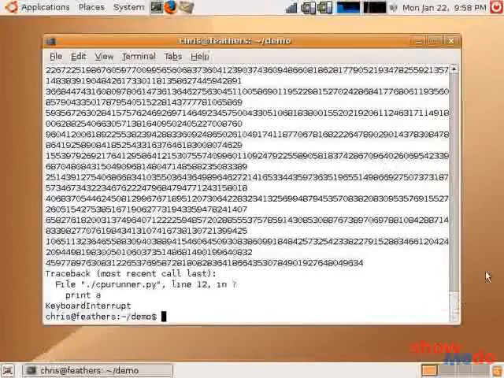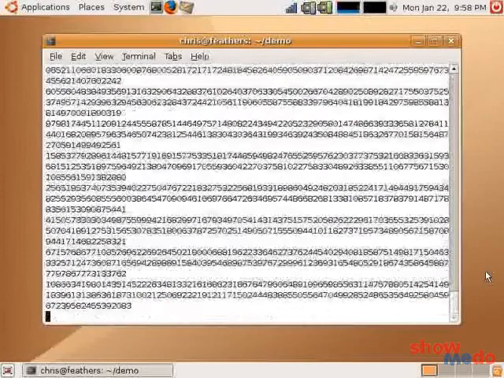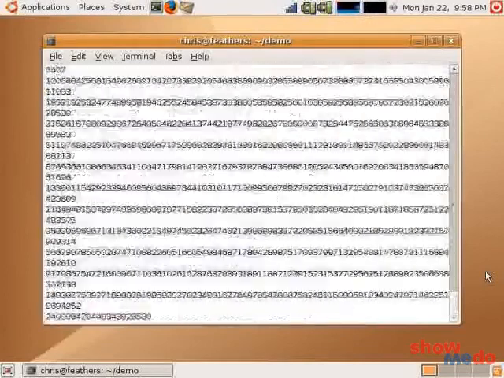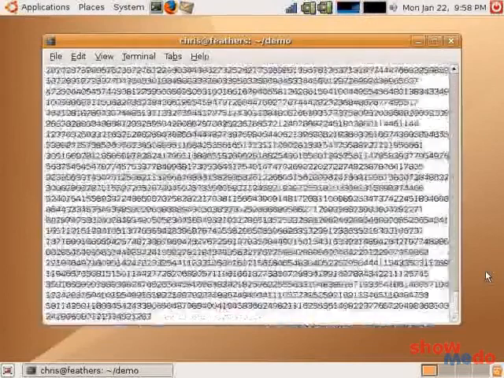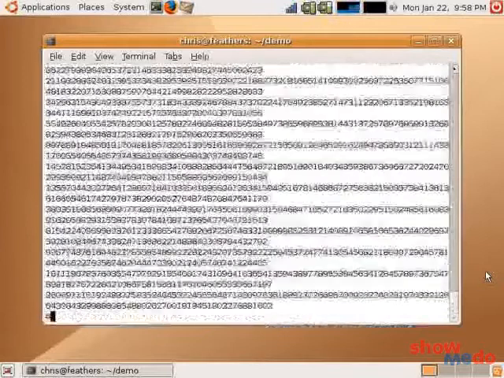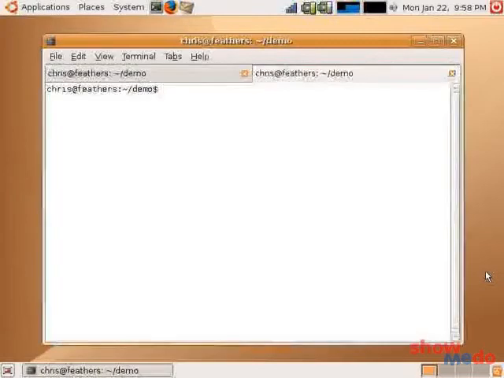There's another way to control runaway processes on your system, and that's through a combination of ps to get the process ID and a command called kill. So let's see how to do that. Let's get cpurunner going again, and let's say this process is runaway and Control-C is not working. We can open up a new terminal and get the process ID of that process. So let's ps -ef,